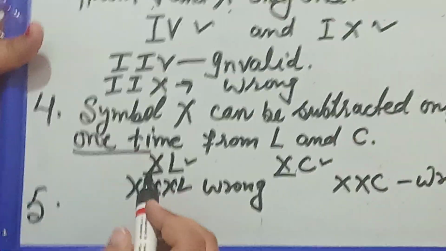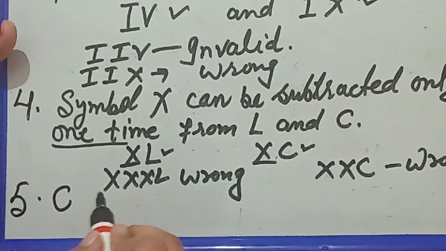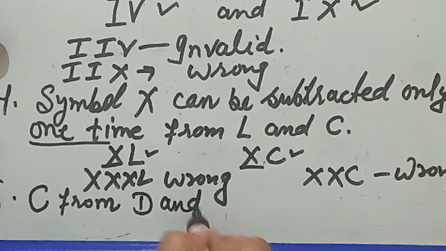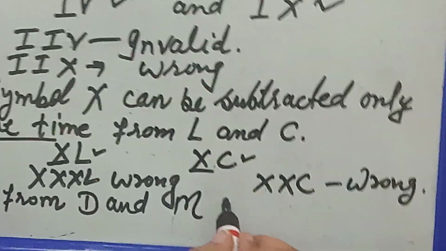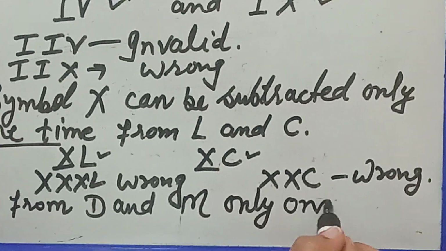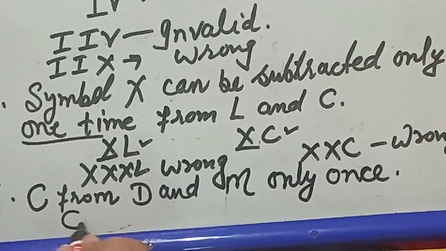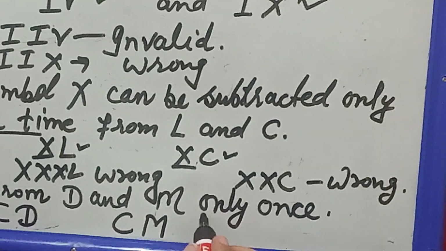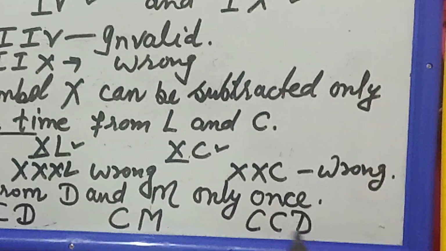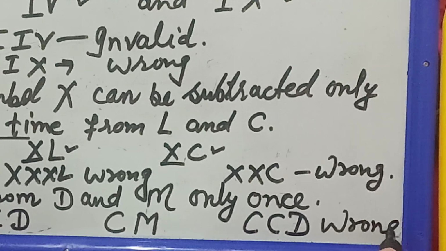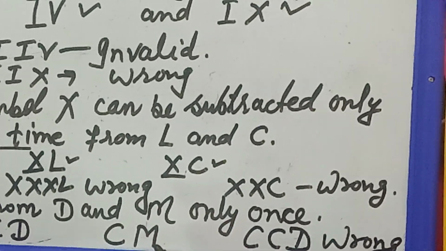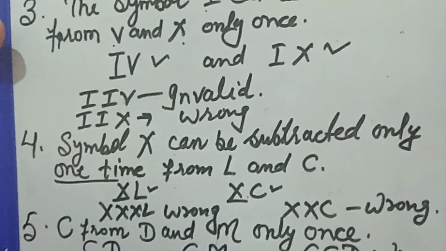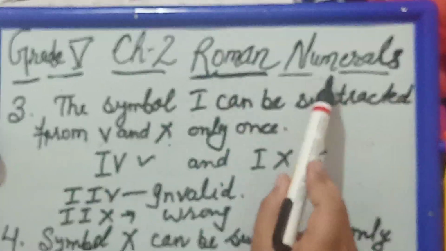Next rule is again, we can subtract C from D and M only once. Again, I can just write CD, or I can write CM. But if I have written CCD, that is wrong. This is not allowed. So this is all about the rules which we have to follow while writing Roman numerals,